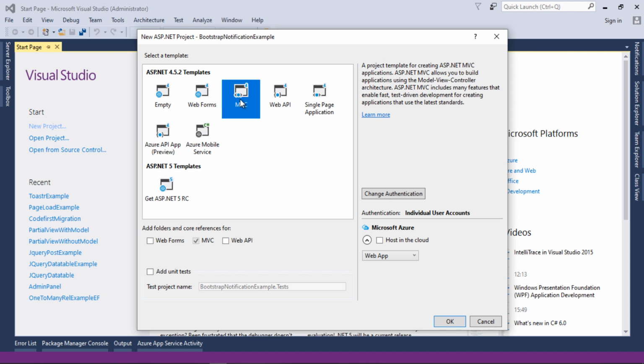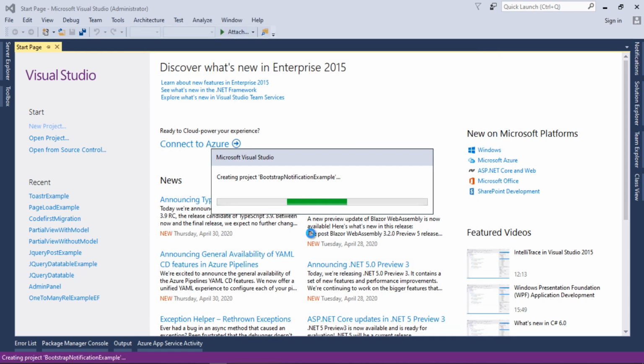From here I will select the MVC template, and we will not change any other settings. I will click on OK to create the project. Here it is creating our project.